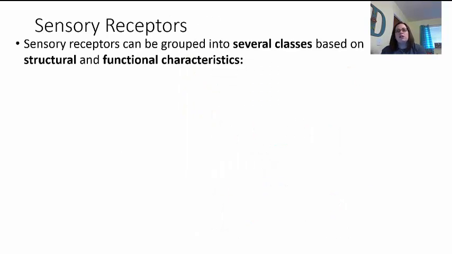So in order to kind of discuss what a sensation is, we need to look at those different receptors, because that's the first step, making sure the receptors detect whatever the change is. So with the sensory receptors, we need to understand that there's several classes, and these classes of receptors are going to be based either on their structure, what they look like, and also their function. Because guys, if you'll remember, in anatomy and physiology, anatomy is the structure and physiology is the function.